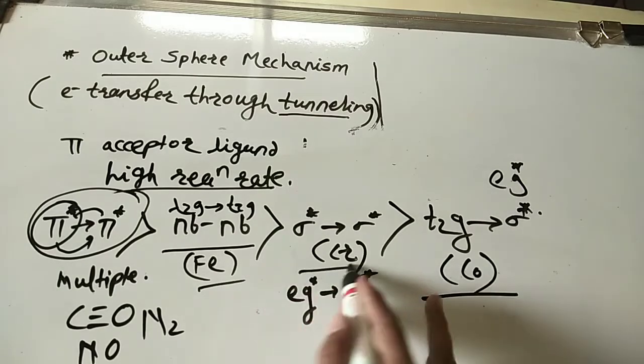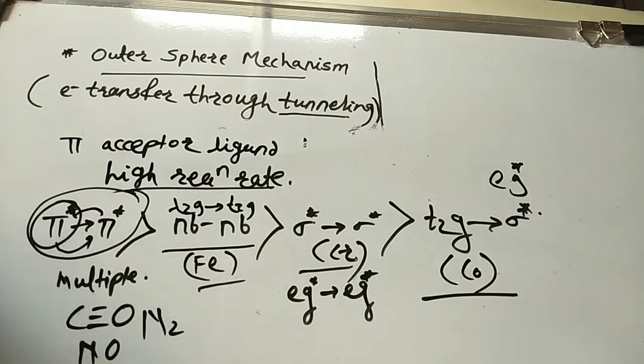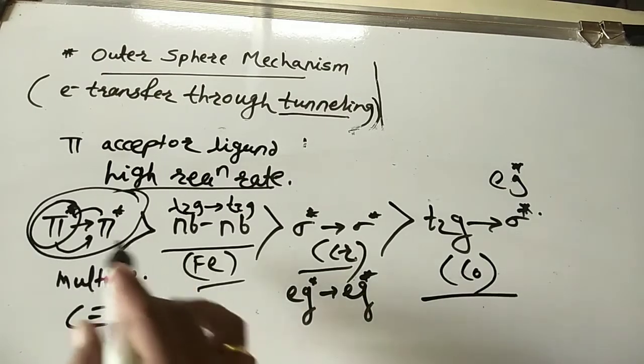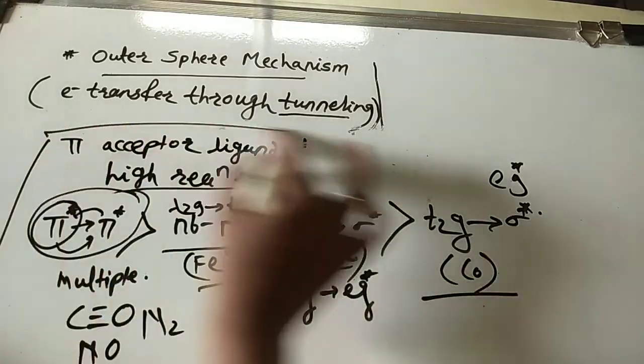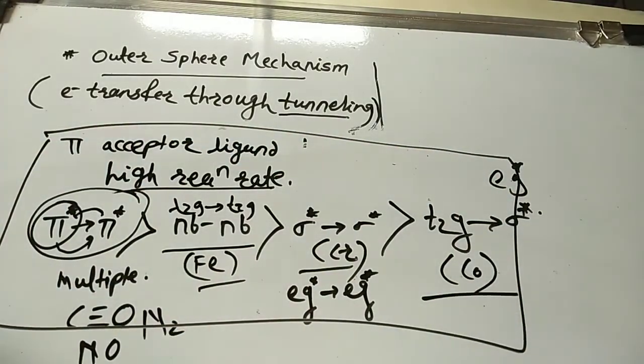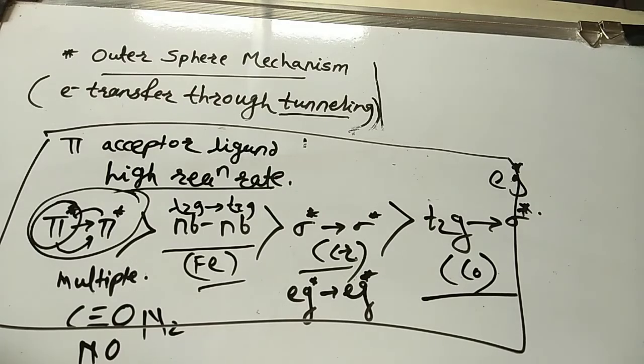So this is key information regarding the outer sphere mechanism. If you have any question regarding this topic, to show the rate of reaction of two complexes, two complexes may be provided in your exam and they can ask which complex shows the high rate. Then you can use this type of information. This information is very important for finding out which complex is showing the higher rate of reaction.